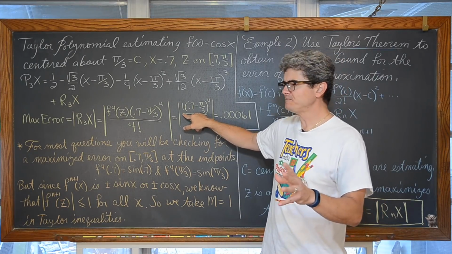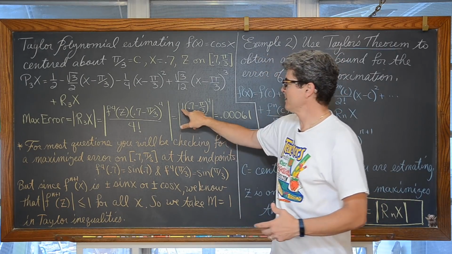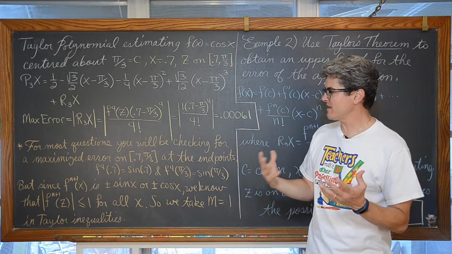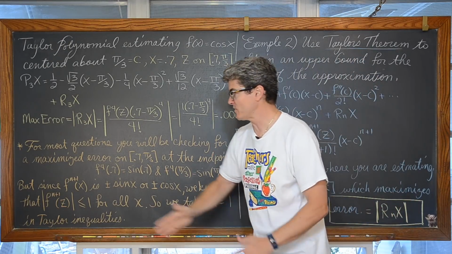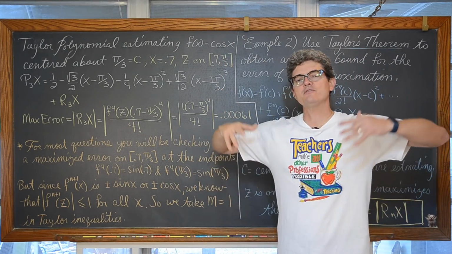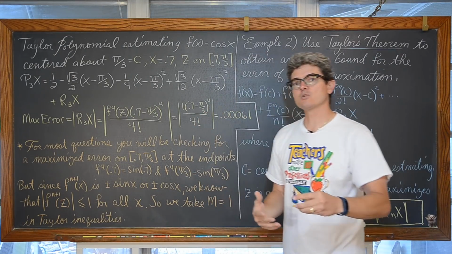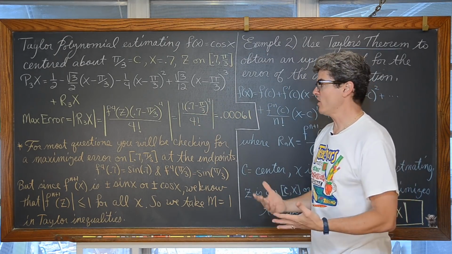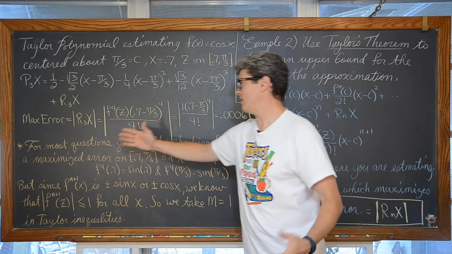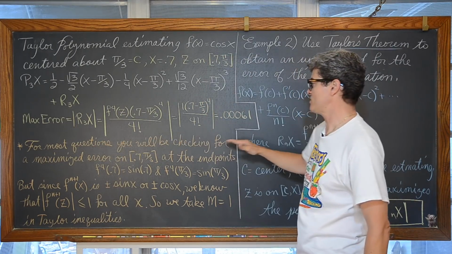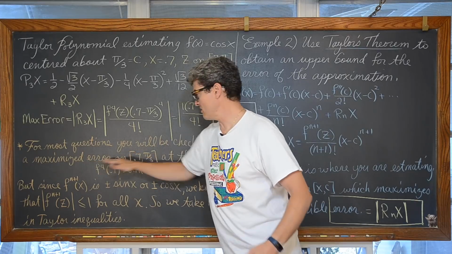And the example in the book that I use had a 1 there as well, but they didn't quite say it so eloquently as I saw in another textbook. It basically said, hey, look, remember, we're trying to find the maximum possible error. It's okay if our actual error is under that, but just not over. So they say, for most questions you'll be checking for the maximized error on that closed interval,